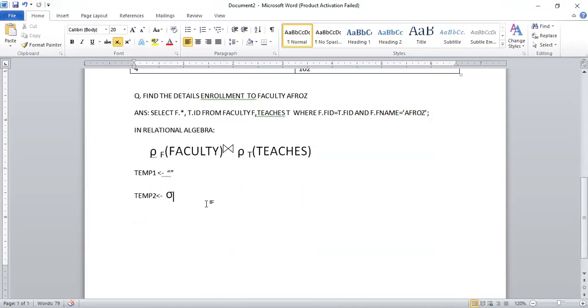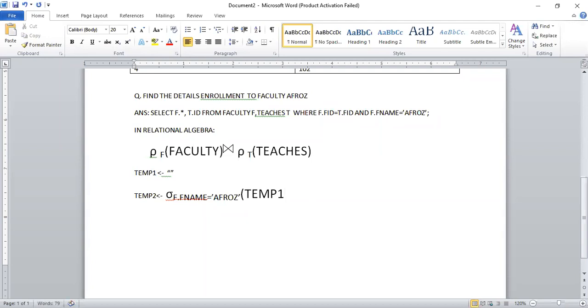But before that, I want a condition. That condition is approach, so that's why I'm writing the condition. How to write it? What is the table name for faculty? It is F. So F.FName must be approach. This is the condition, because selection allows writing a condition. So this selection operation of F.FName equal to approach is applied on which table? From temporary 1, the temporary table generated from the first query.